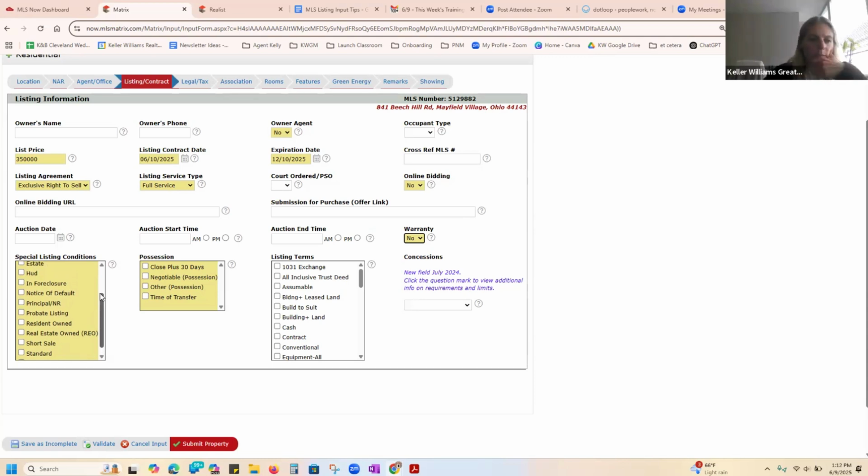And then possession, you could always put negotiable when possession, or I like to do time of transfer. So possession normally happens once the property transfers. And then listing term. So this goes over,